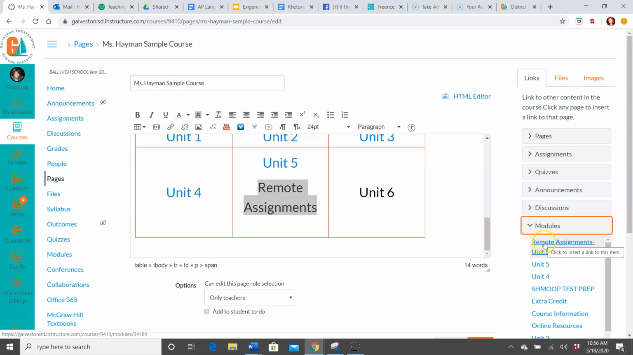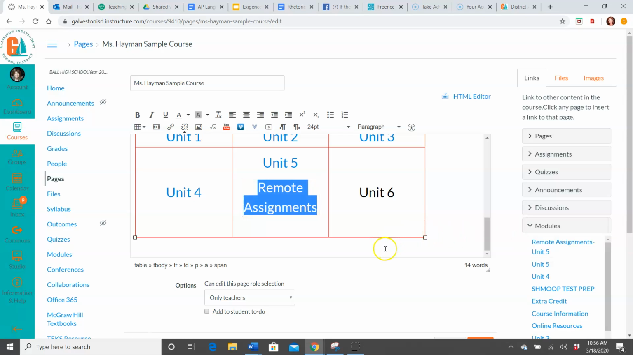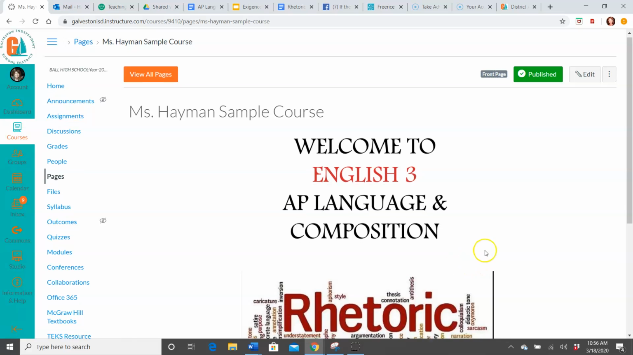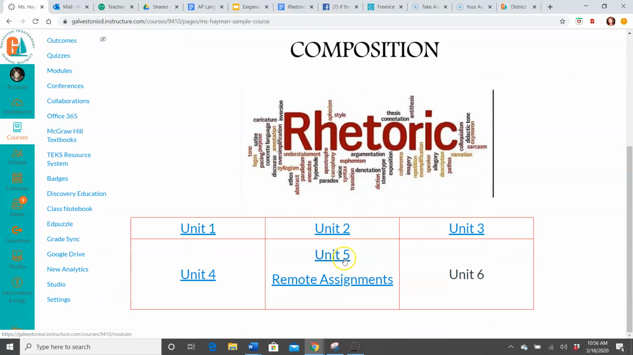And do you see I have the remote assignments for Unit 5? I'm going to click on that. And what that has done is that has just now hyperlinked that for me. So I will click save. And once it goes back to this page now, my students will see their regular Unit 5, and then they'll see the remote assignments that I have created for them. I'm going to keep that here in Unit 5 because that's what we're still currently working out of in this